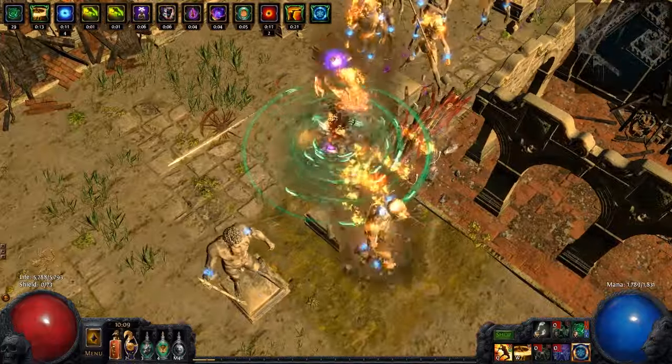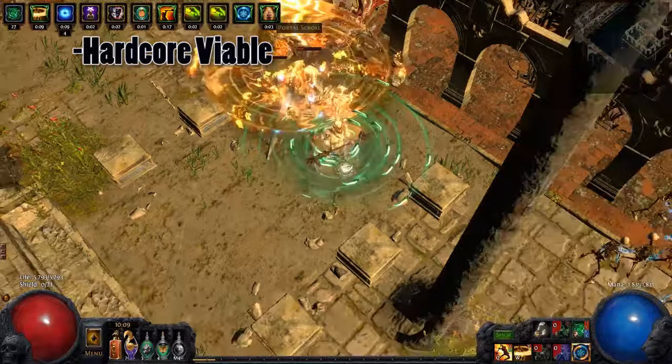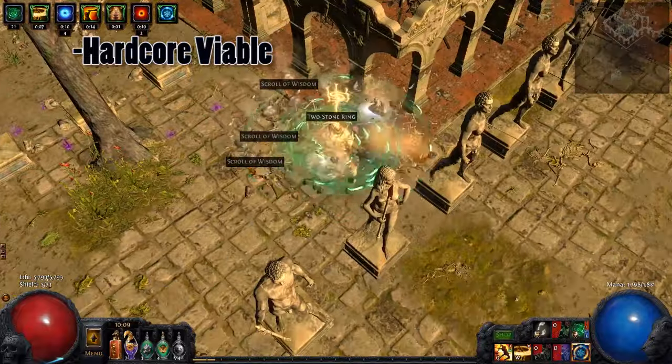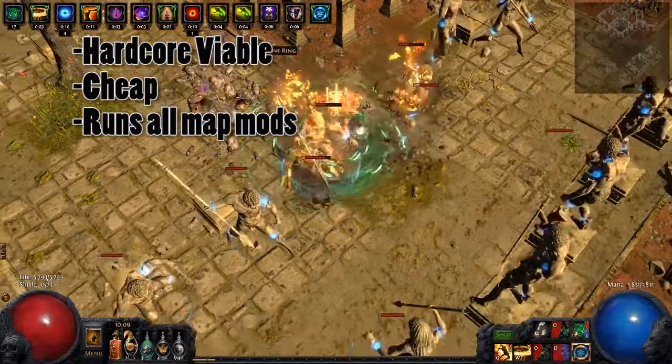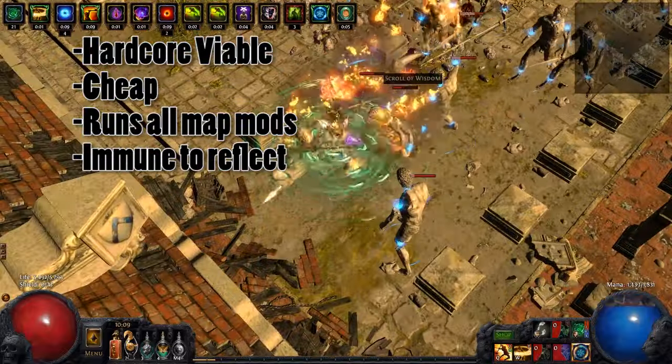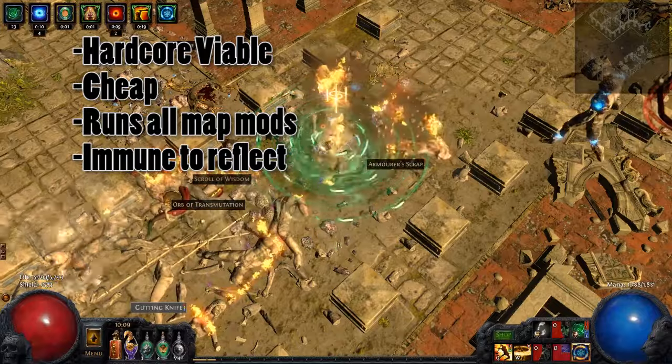I played this character to level 90 in the Hardcore Prophecy League, and I was surprised at just how strong it was with minimal investment into gear. It's capable of running all map mods and is immune to both physical and elemental reflect. I recommend you try this build if you want something that has very high clear speed and damage while still